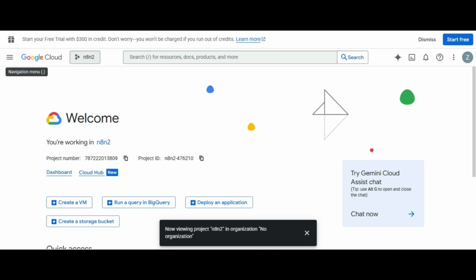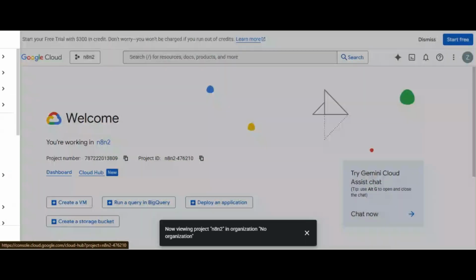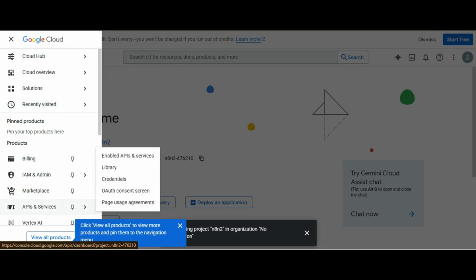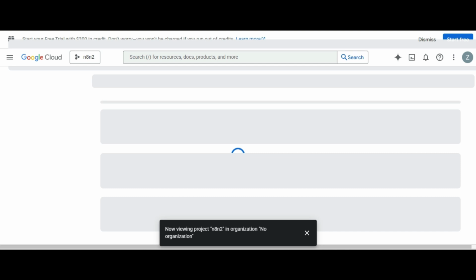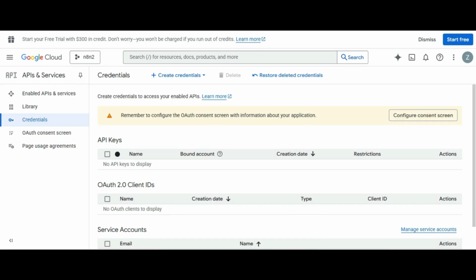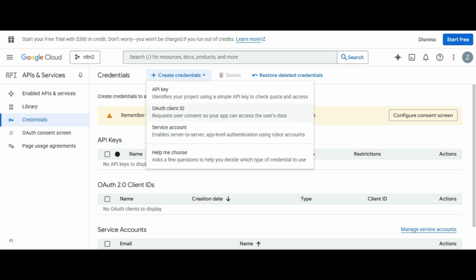After you click, you have to click on the left side and go to credentials, and click on new credential, and we need OAuth client ID. So I click on it.